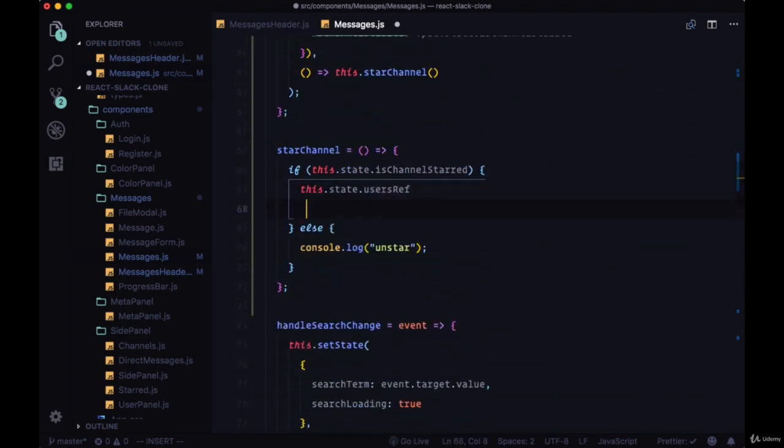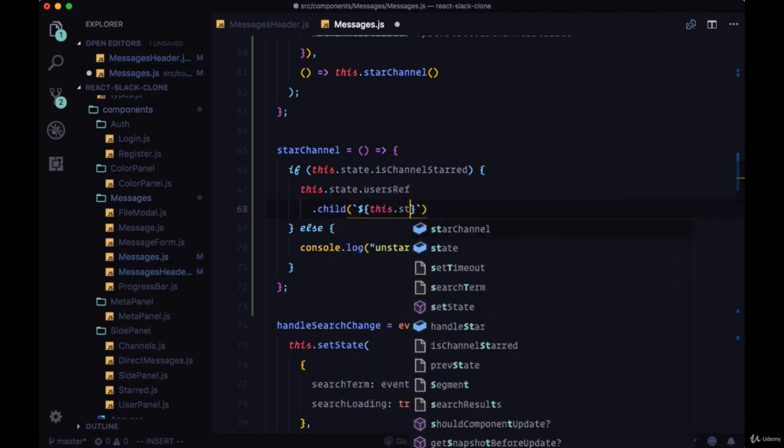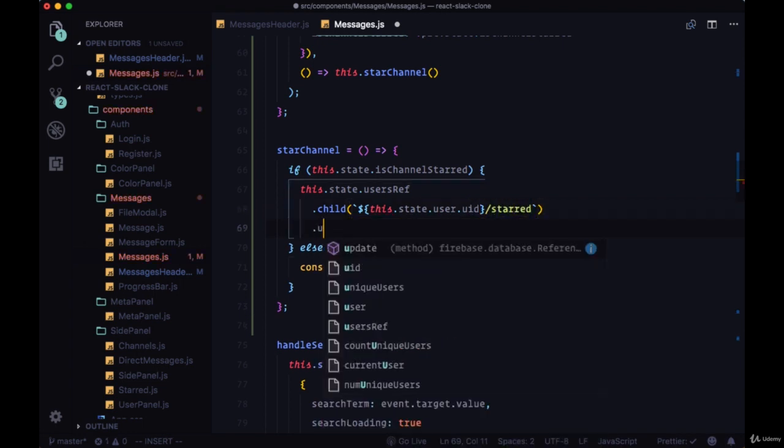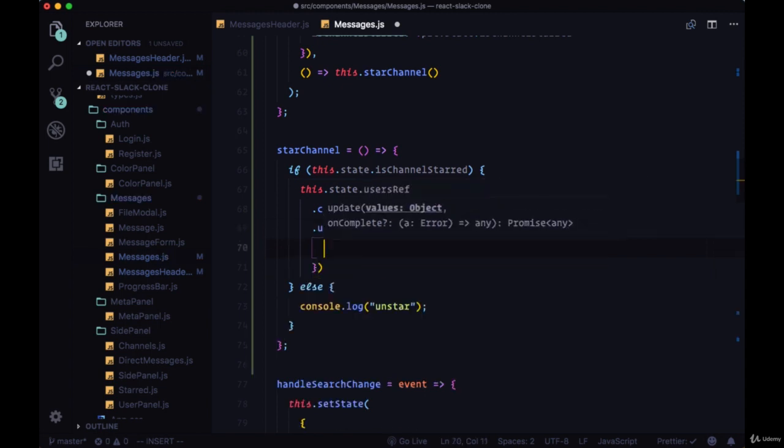And we want to select a given child of that ref based on the user's ID. So we'll add some template literals. We'll interpolate the user's ID from state and add /starred to add this new property. Then we want to use the update method